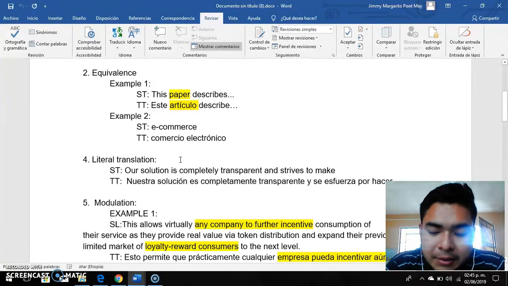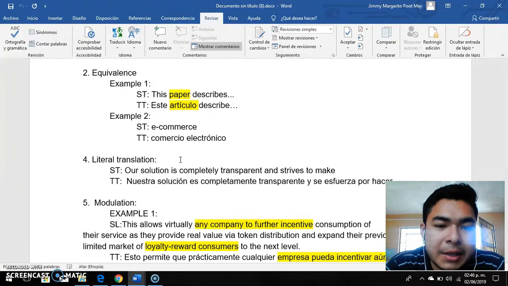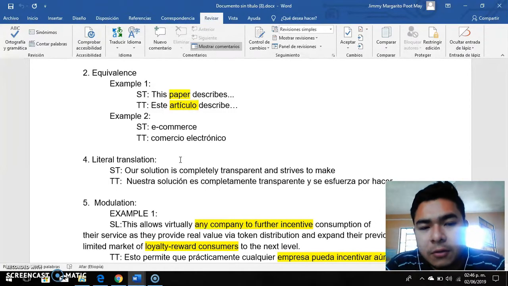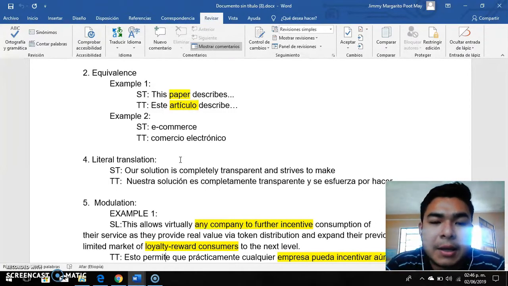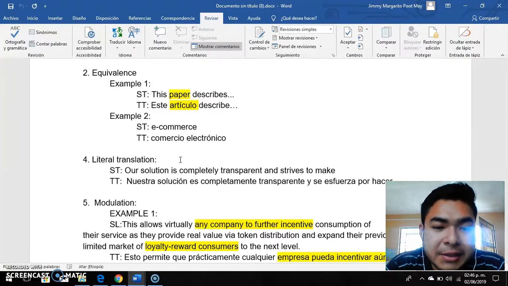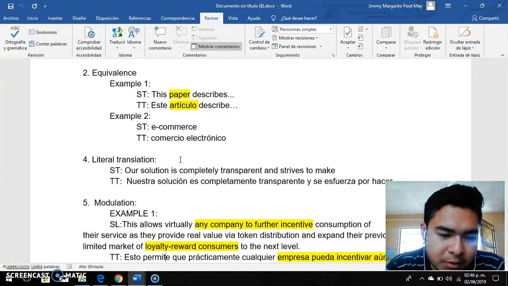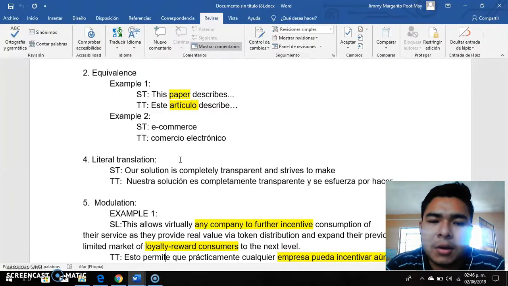E-commerce is commonly known for Latin American people and also in Spain as comercio electrónico. It is also an established equivalence because it's how it has to be translated. E-commerce, comercio electrónico. And there were so many other words that I will talk about, but these are two good